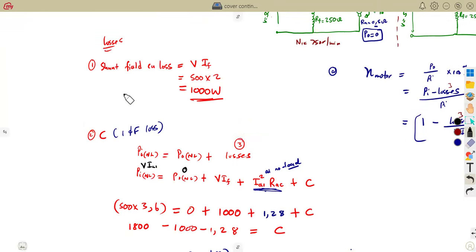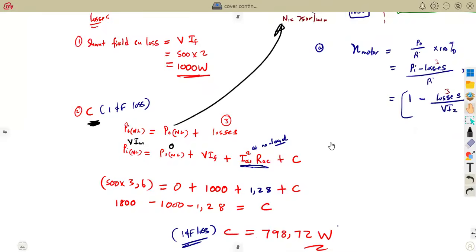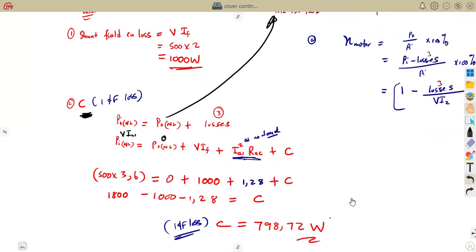So the shunt field, you cannot say it is full loaded too, because this one is the same. It's just the same, that part of the shunt is not affected. Then the iron, friction and windage losses, you take the conditions which are the ones that you're given at no load, to determine the value of C, which is your iron, friction and windage losses. Once you have these, guys,